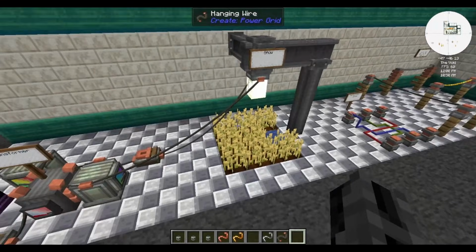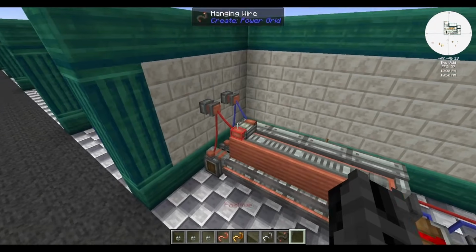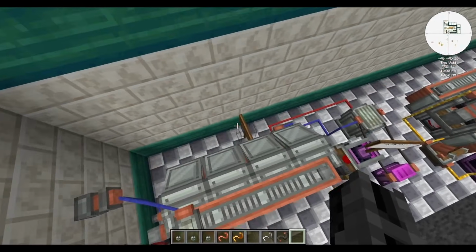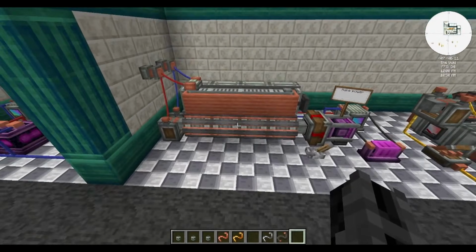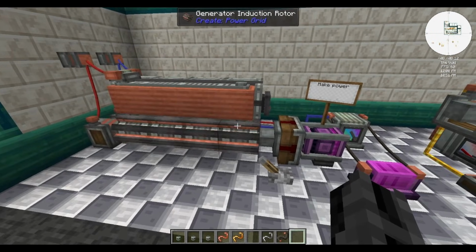Okay, so let's get on to how we actually make power in this mod. This is just an example, so I will dig into generators later. Basically, we have